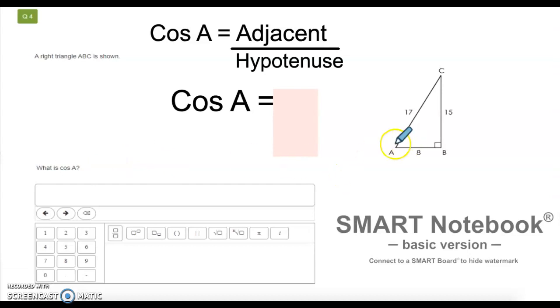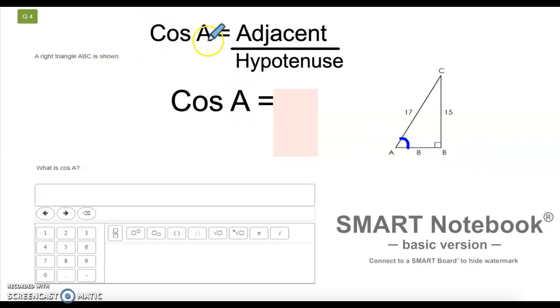So when it says that, we know that angle A here is our reference angle. It's not marked as an acute angle on the picture. It's not marked with our symbol theta, but by telling us to find the cosine of A, we know that angle A is our reference angle. So if we are finding the cosine of A from our state test reference sheet, we know that the ratio